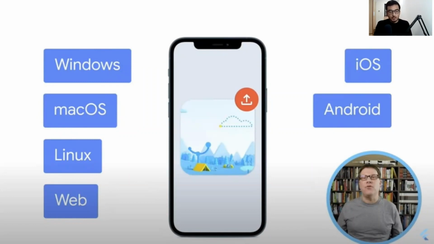But what is cool is that as developers, you can write code once and create applications for all these different platforms, which is mind blowing. You have to learn just one single framework and a language, and you can possibly build applications for any of these platforms.